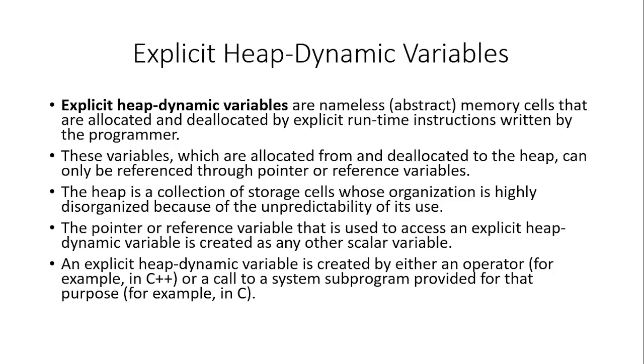And we have explicit heap dynamic variables. Explicit heap dynamic variables are nameless or abstract memory cells that are allocated and deallocated by explicit runtime instructions written by the programmer. We'll see some examples also. These variables, which are allocated from and deallocated to the heap,